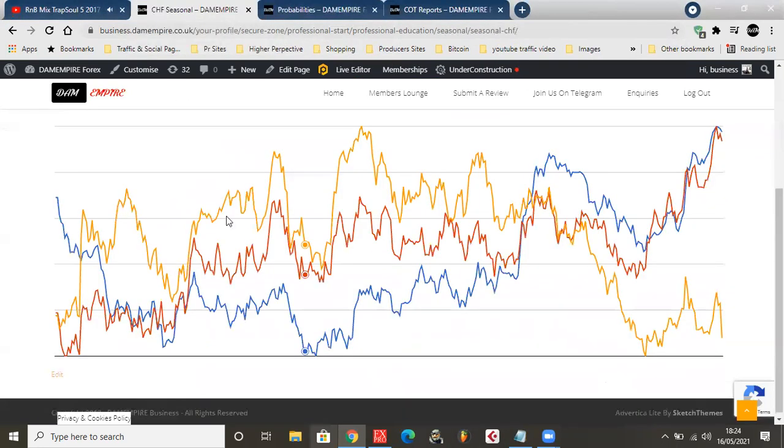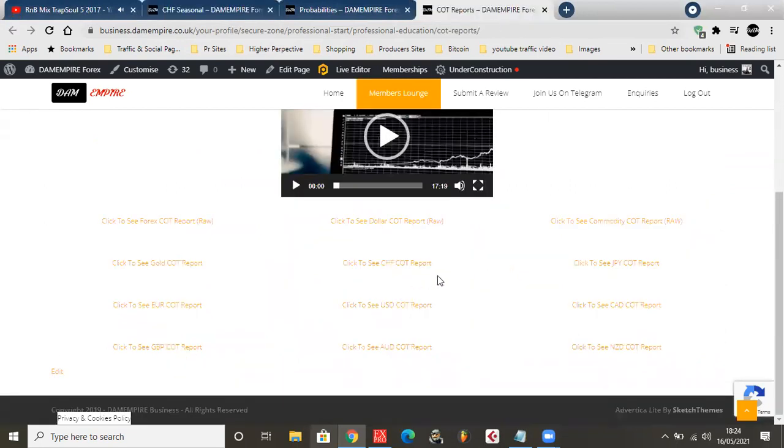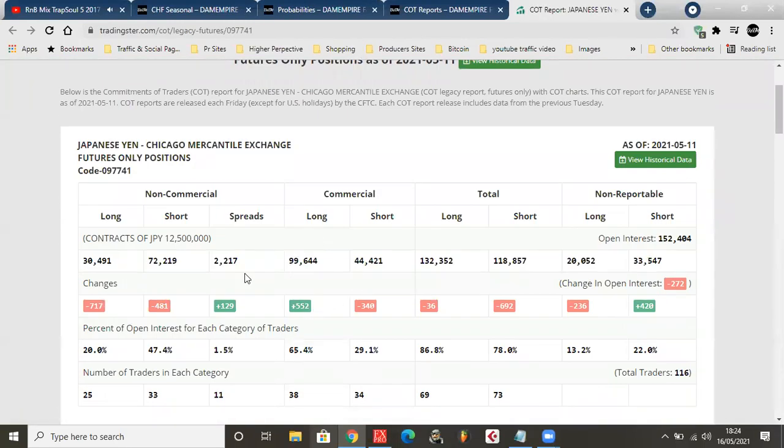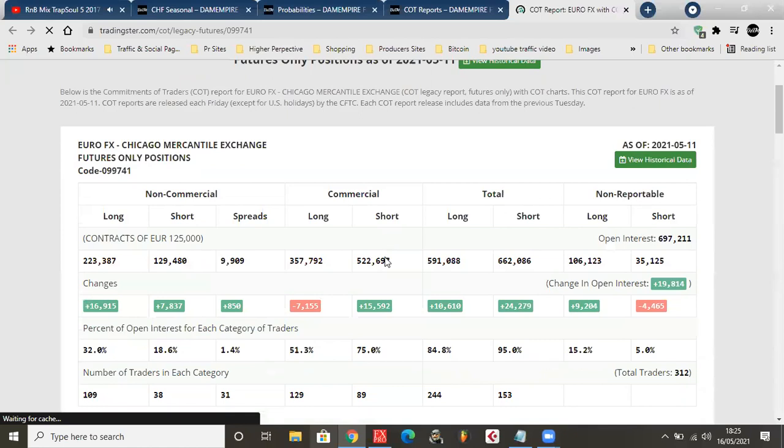So, does anyone have any assets you want me to look into, or should I just continue going through the sequence? Let me know if you have any asset you want me to look into. I'll just keep going if you have nothing else you want to check. And JPY, just a little bit of buying power there, so I'm not really looking for that. I want something much more massive.